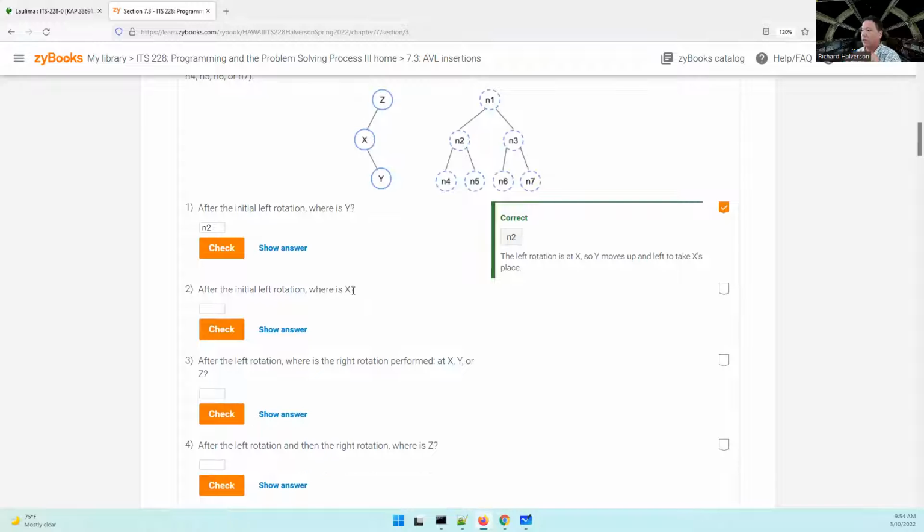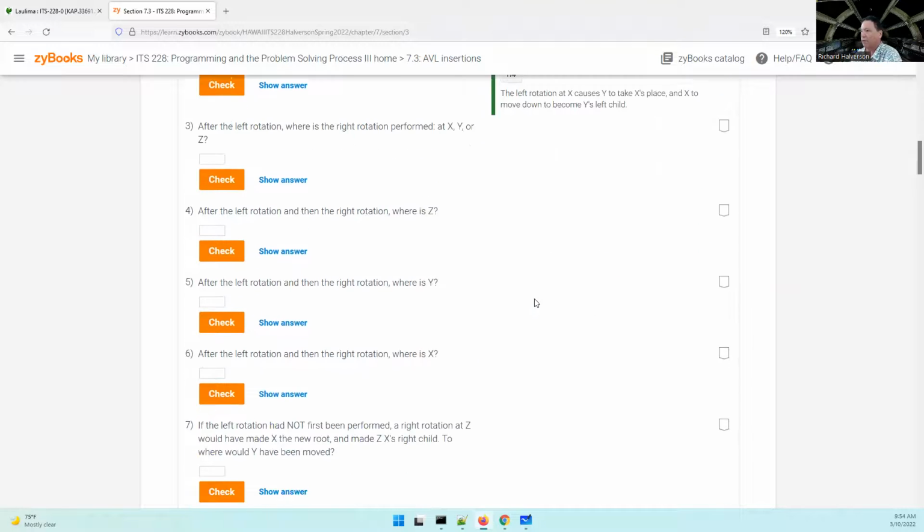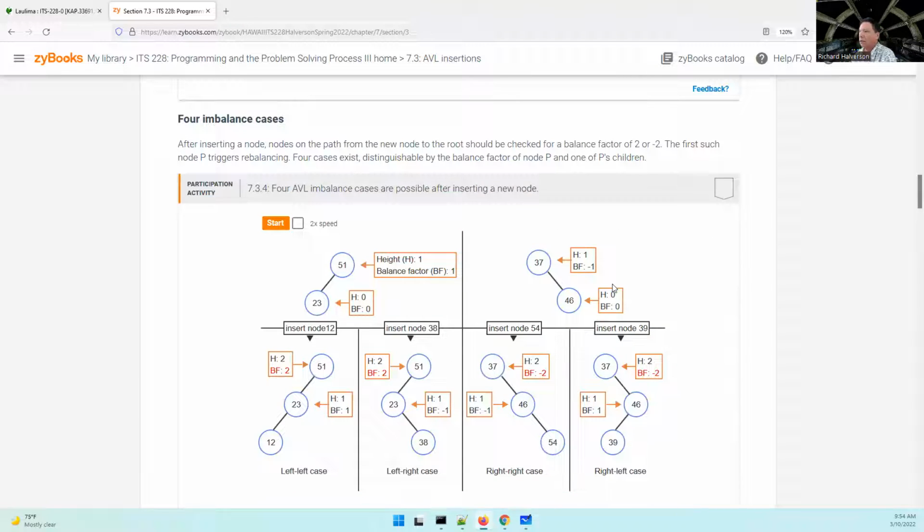After the initial rotation, where's X located? Okay, that would be N4. Okay, so anyway, you can finish those. So here, there's 4 different ways that after inserting a node, nodes on the path from the new node all the way up to the root should be rechecked for a balance factor of 2 or -2. So the first such node,